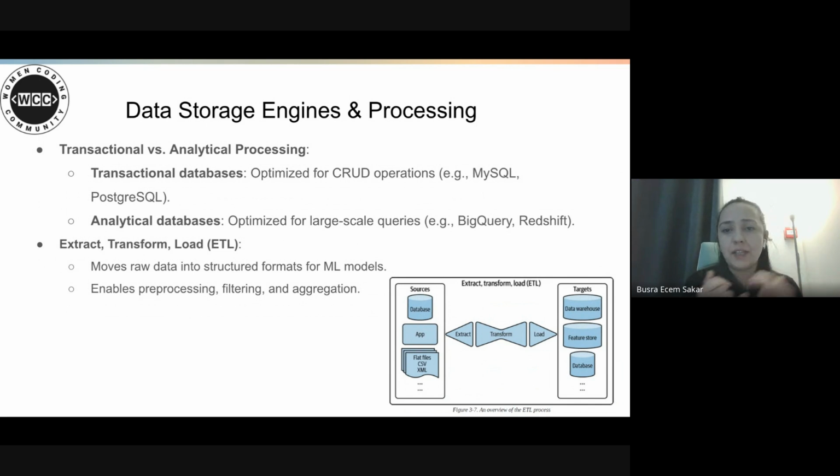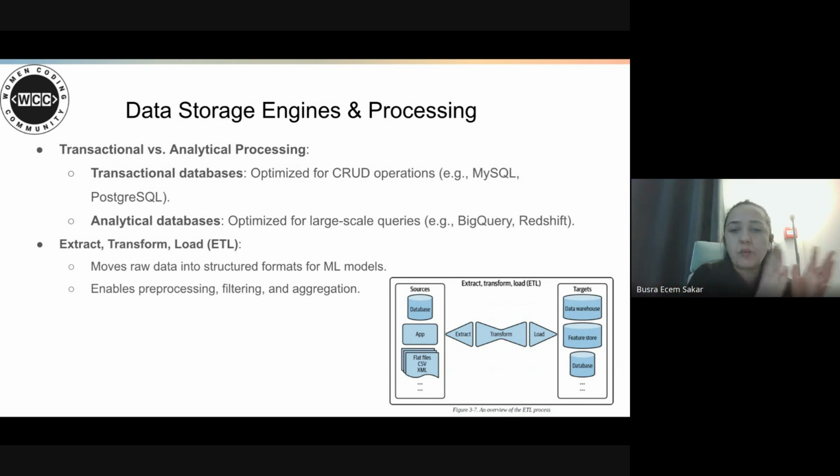And the next one is data storage engines and processing. So we select our data format and model. Now we need to consider how data is stored and processed. The book categorized storage engines into two main types, transactional and analytical processing. Transactional databases, OLTP, are optimized for real-time CRUD operations: create, read, update, and delete.